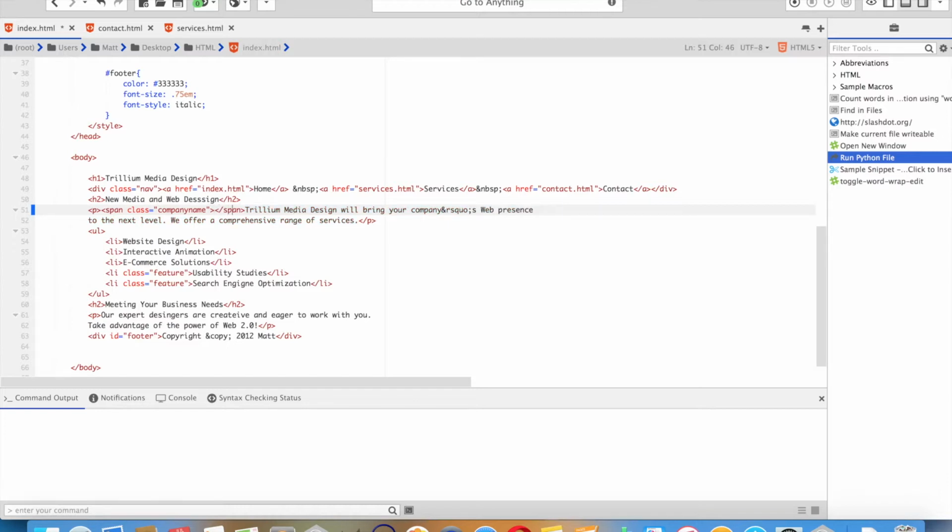And you notice it automatically did that for me, which is helpful sometimes, but other times it's not. And this is just the company name that I want to span. I want to edit this. There we go. It does automatically. So save, command save,